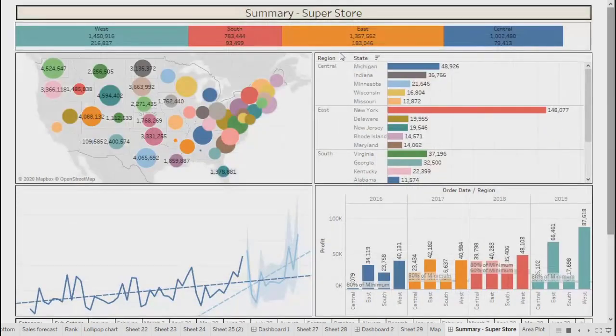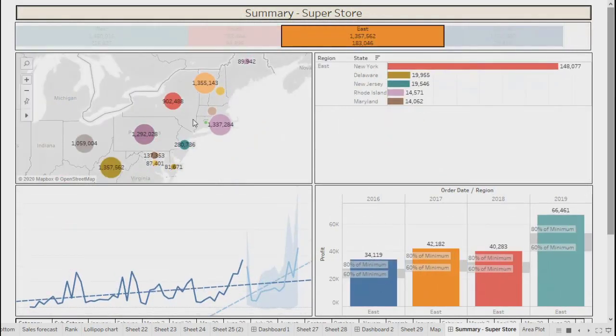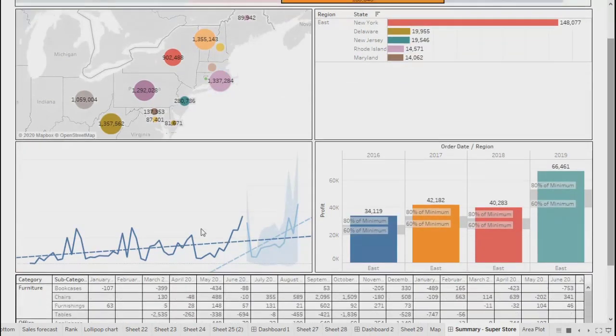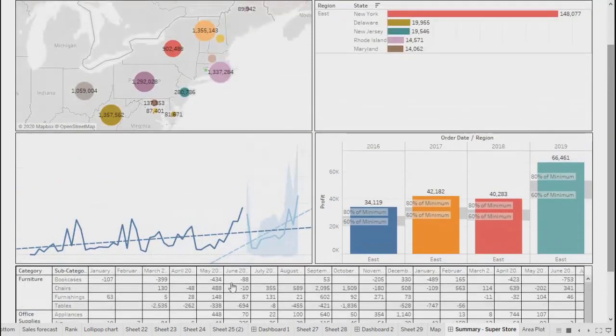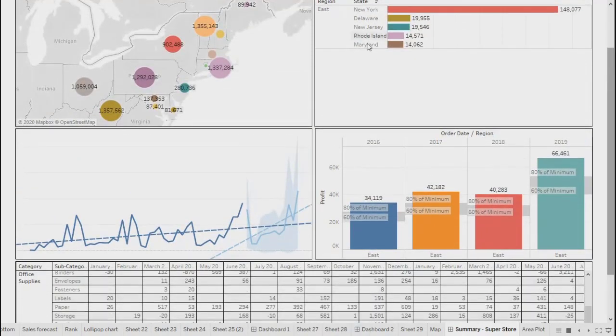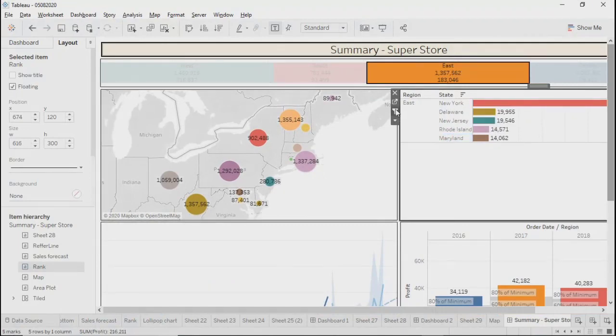Now I select East. In the top one, you will see only the East region in the map, related states, and the forecast related to those. Similarly, this cross table will show the data related to those states only. Now let's say under that you want to see only Maryland, select this. Okay, it is not used as a filter. Let me use this also as a filter.